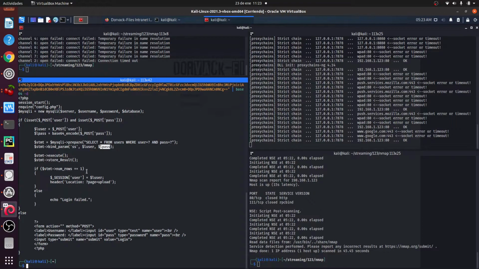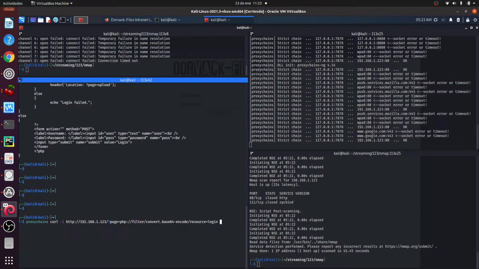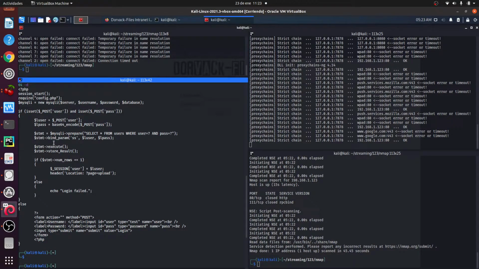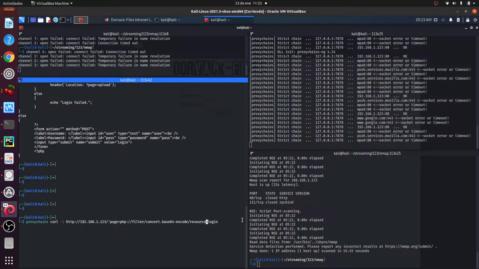Maybe we can try to execute an injection in order to gain access using SQL injection, but it does not appear that you can introduce this value because it uses bind params in order to perform the SQL query to the target database. So